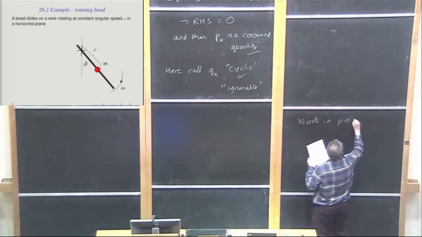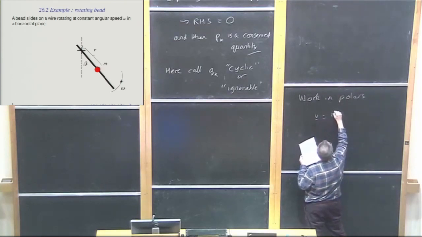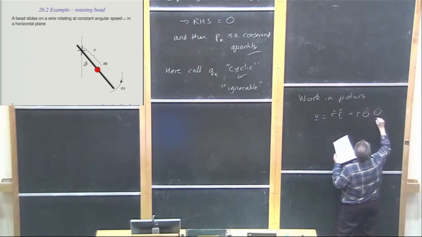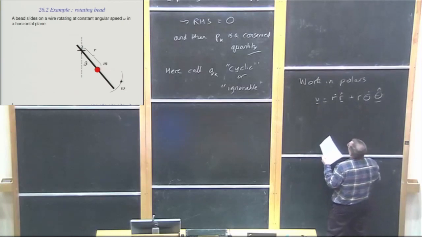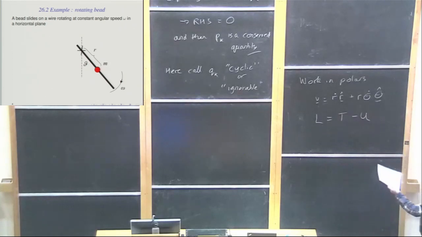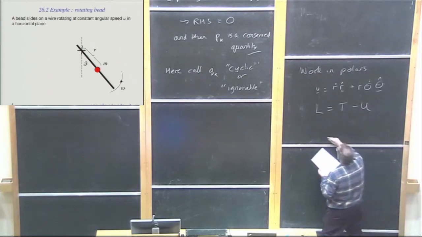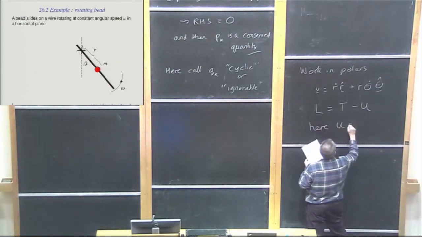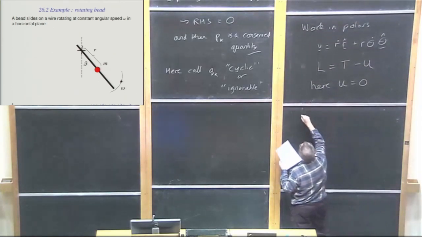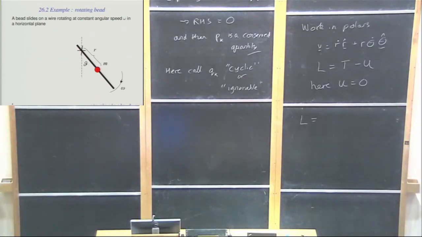In polars, the velocity is given by r dot r hat plus r theta dot theta hat. L is the kinetic energy minus the potential energy, but this is a very simple system. It's flat, it's horizontal, so there's actually no potential energy, and therefore the Lagrangian is just given by the kinetic energy, and it has in principle these two components, right,